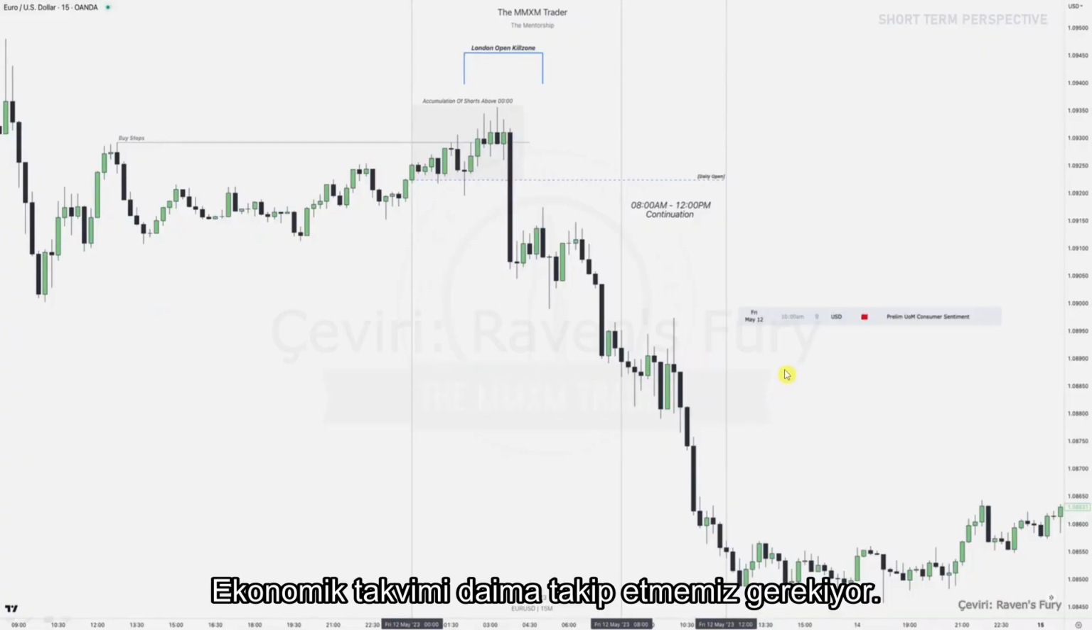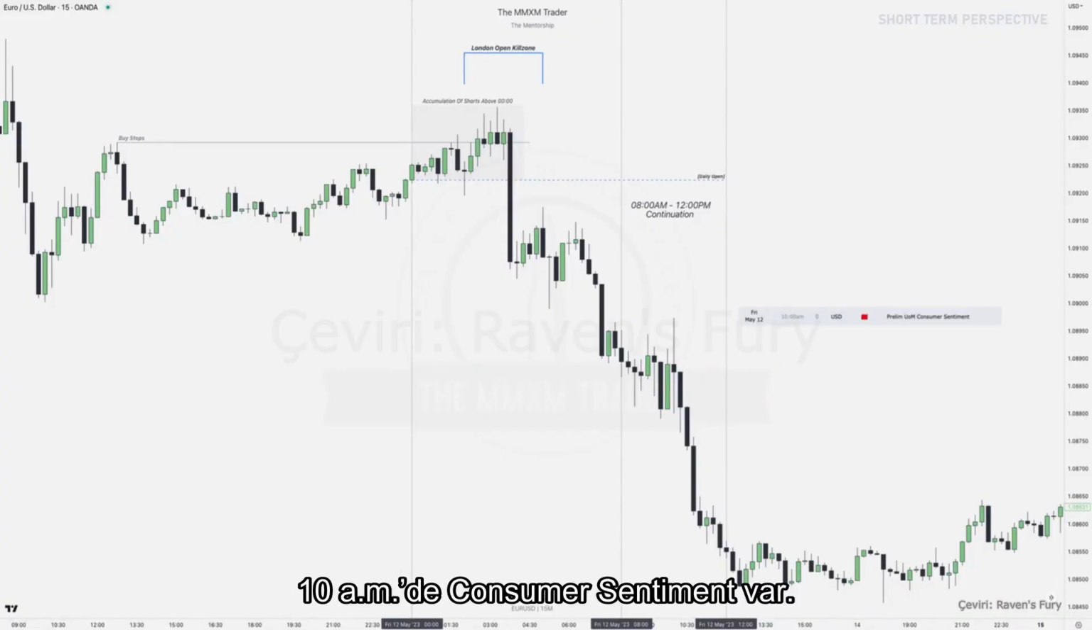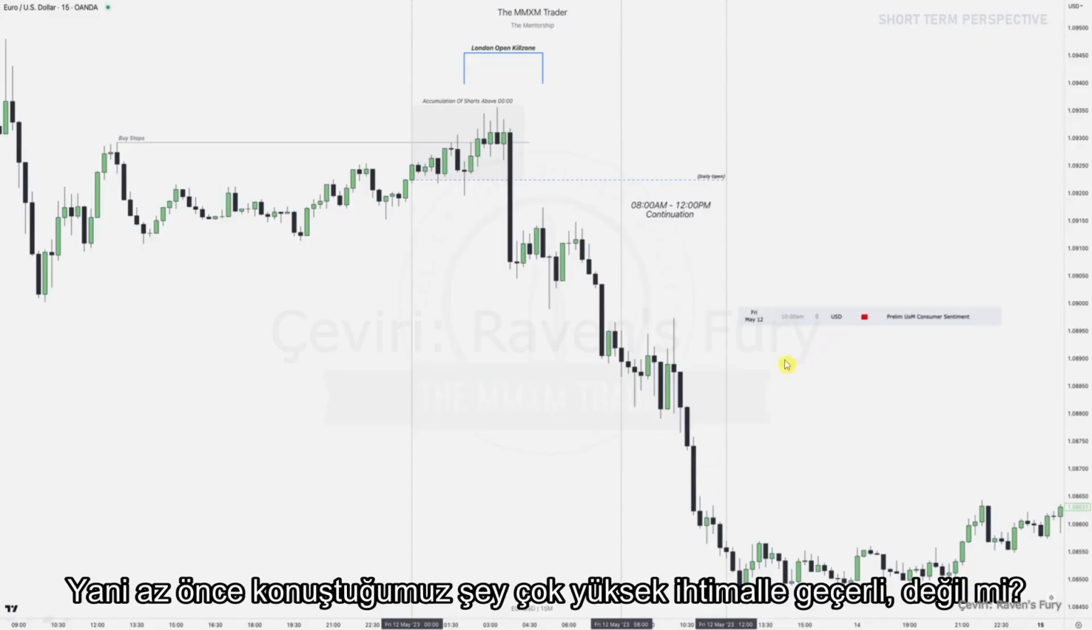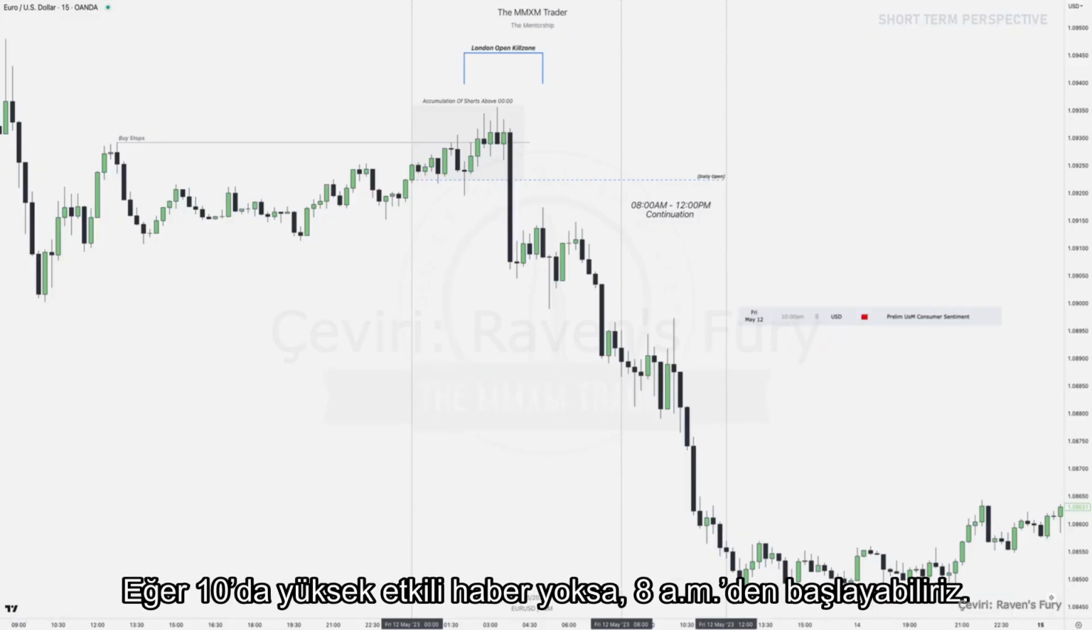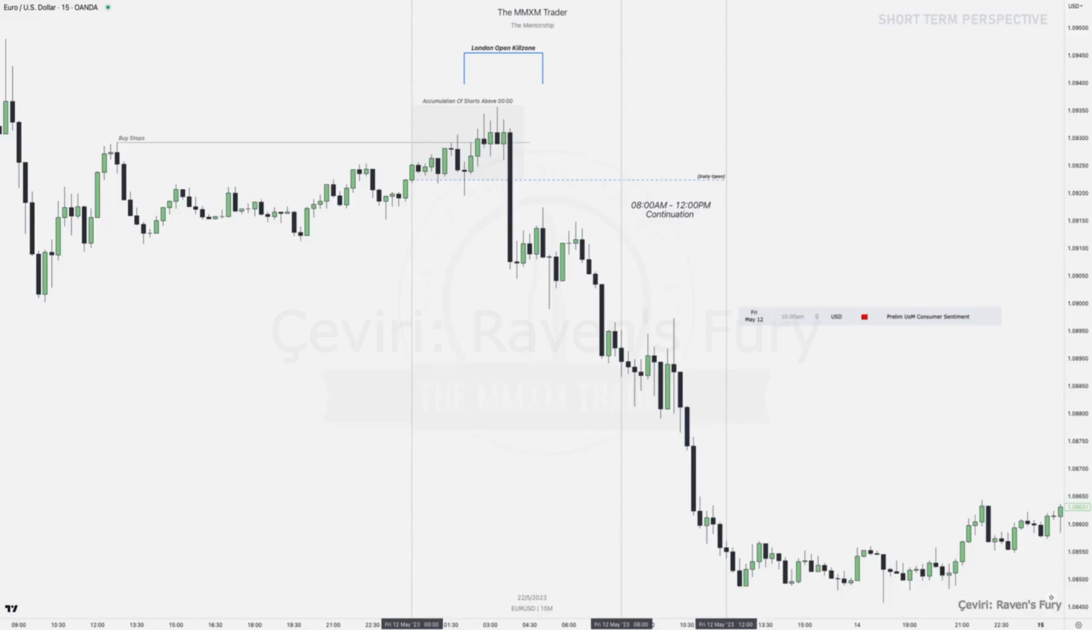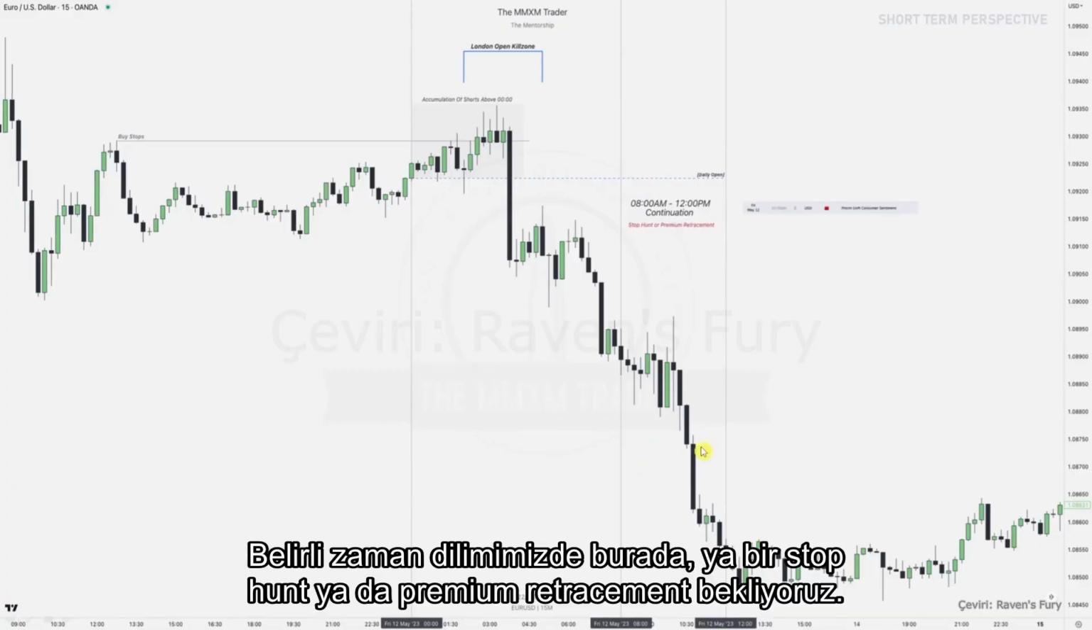on that economic calendar. We've got 10 a.m. consumer sentiment. So highly likely what we just talked about, right? You want to have that 10 a.m. to 11:30 a.m. as your sweet spot for looking for a setup. If we don't have high impact news at 10, we can do it from 8 a.m. already. So in our specific time frame over here, we wait for either a stop hunt or a premium retracement,